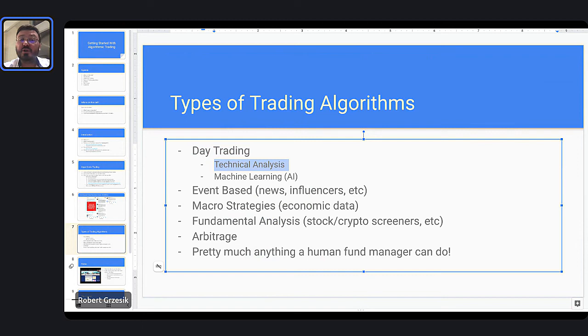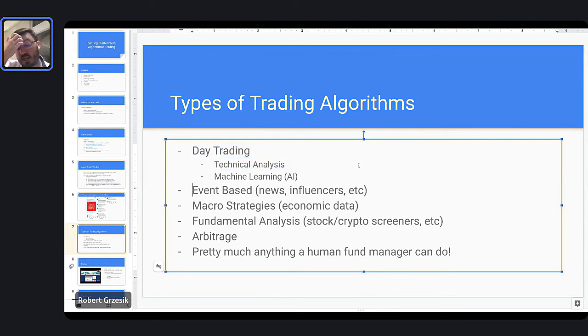You could also build machine learning or AI algorithms around that as well, where you would essentially be placing trades throughout the day. We have an artificial intelligence that is telling you what is the right trade to make, right? And this can be something much more advanced than basically just looking at technicals and saying RSI is here and the MACD is here. Your machine learning algorithm can be quite a bit more sophisticated than that and tell you a lot of details about when to trade and how to make it. It's something that we cover in detail in our class as well. We have an entire class just on machine learning too, right? So that's day trading. That's one way to make money.